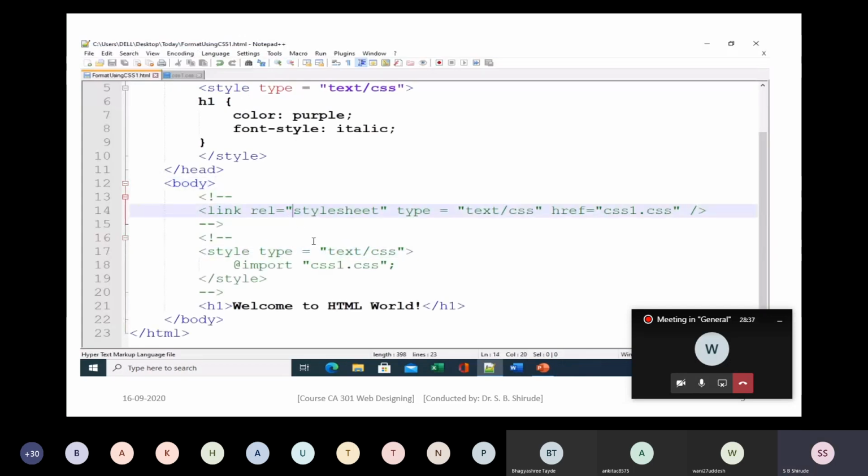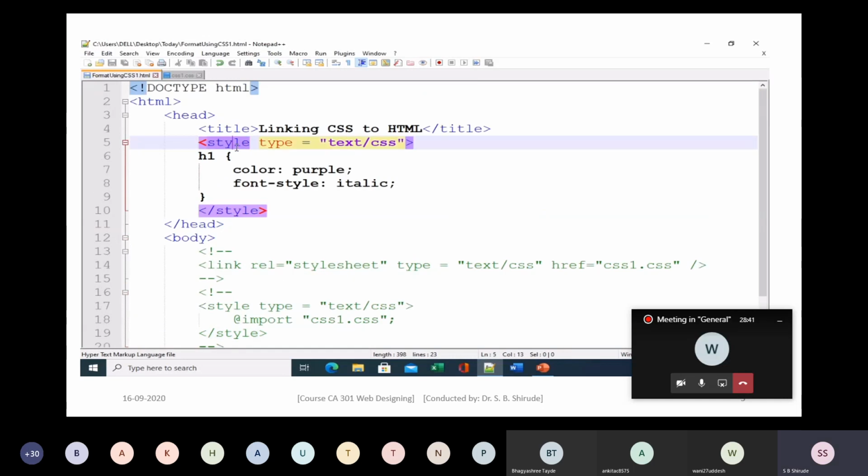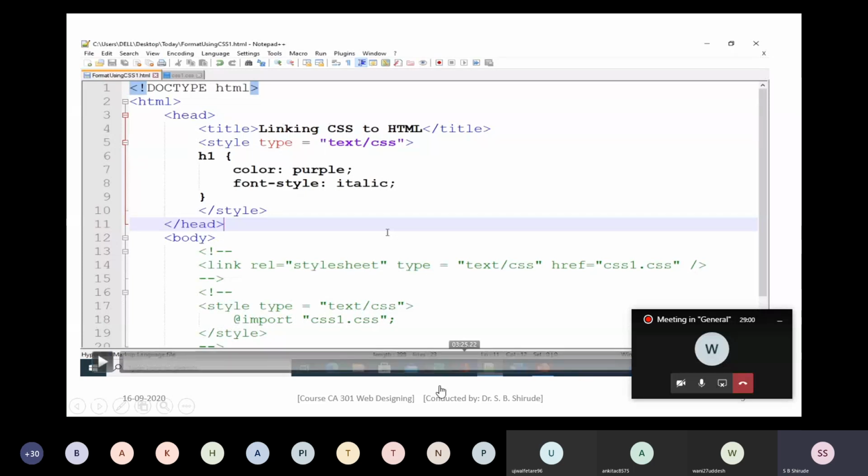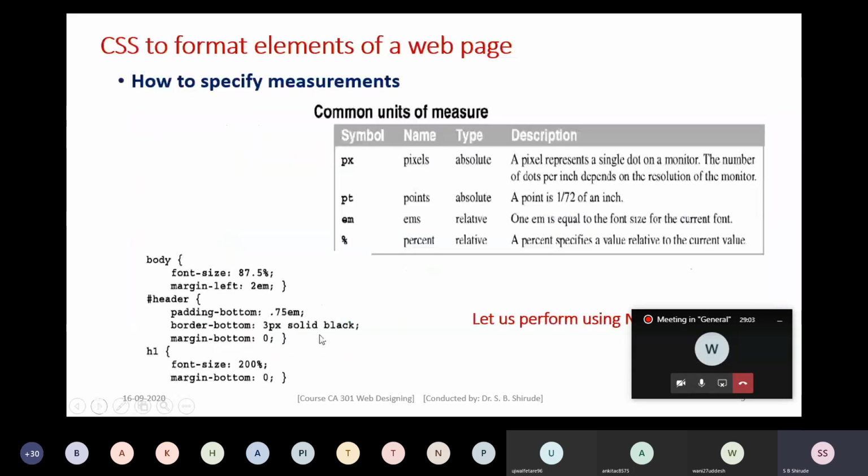So this way we can make use of the three ways. Either way you can use. If you are making use of the link element, don't use the other two ways. But if you are making use of the import directive, you can ignore the link element. Any way you can use. The external style sheet is a good idea to use because you can keep your rules separate. So this way you can implement the three ways.